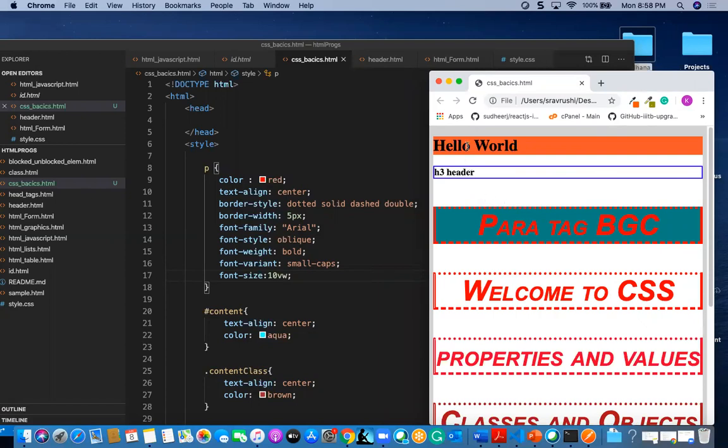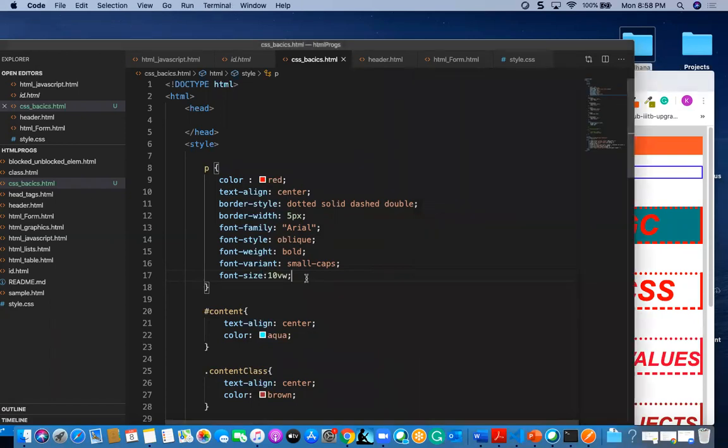That is viewport width, also one of the important parameter values for making it responsive.